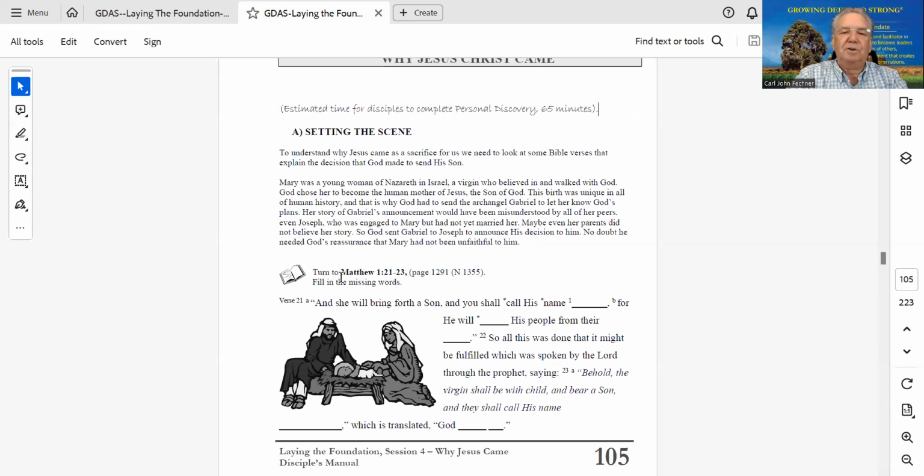You can see here it says turn to Matthew chapter 1, 21 to 23, page 121, and then in brackets N1355. The reason this has two sets of page numbers is that this is the new version, the one they'll be looking up from now on.